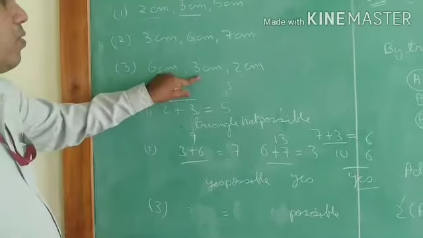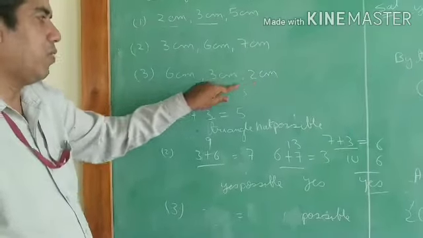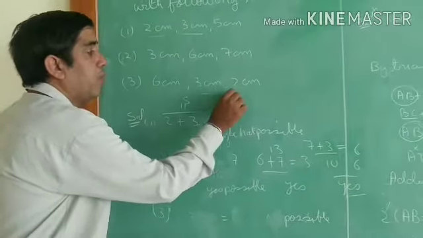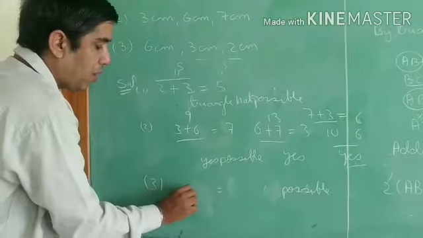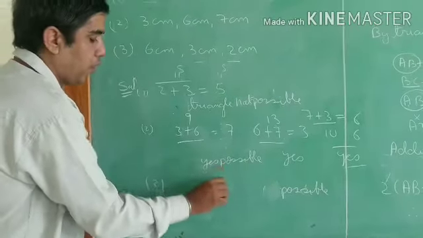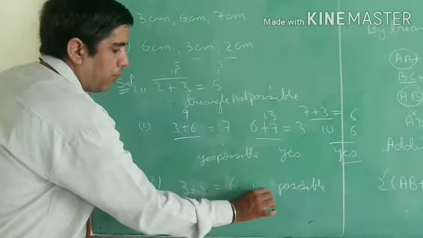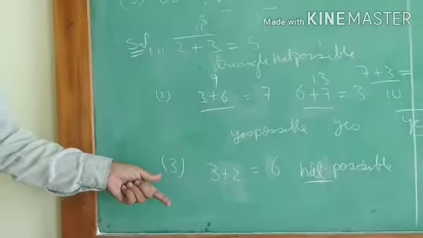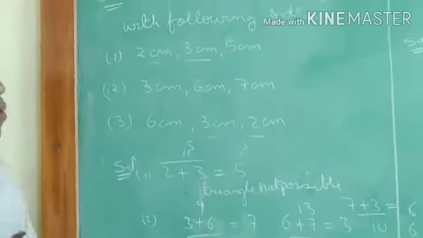6 plus 3, let us check orally. 6 plus 3 is 9, and 9 is greater than 2, yes. But now, when I add the last two, 3 plus 2 is 5. Is 5 greater than 6? No. So I will take only the case where it is not satisfying, and so it comes like this. So it is not possible. Got here? Whichever case is not satisfying, only that case we have to show if it is not possible. Got here? Now next one.